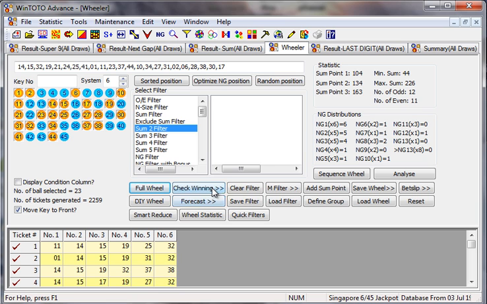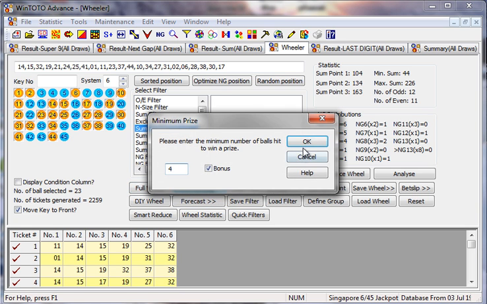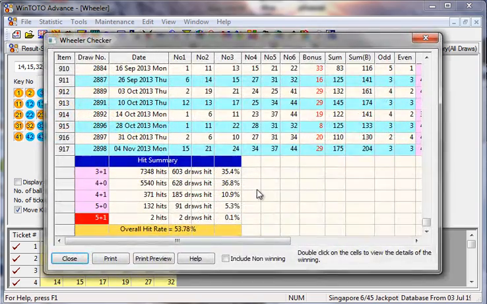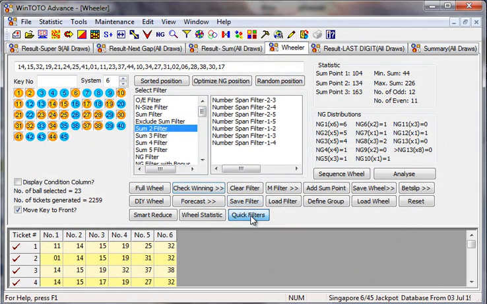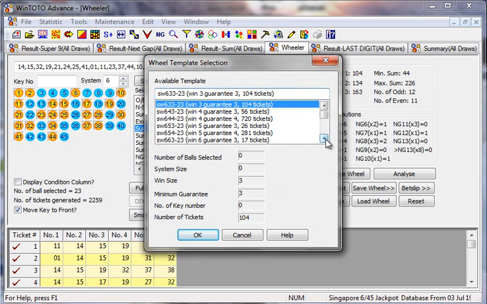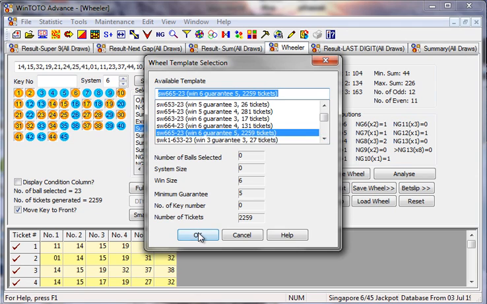But again, if you were to check the winning, you'll see that your winning is 53%. If you were to add in the quick filter, which only version 3.2 has, now you go into wheeling one more time. Go to Win6 Guarantee 5 again.